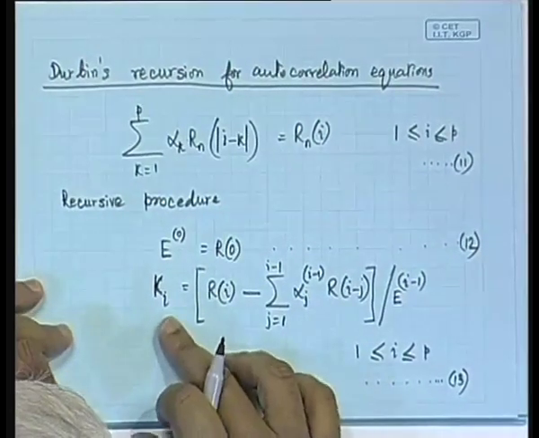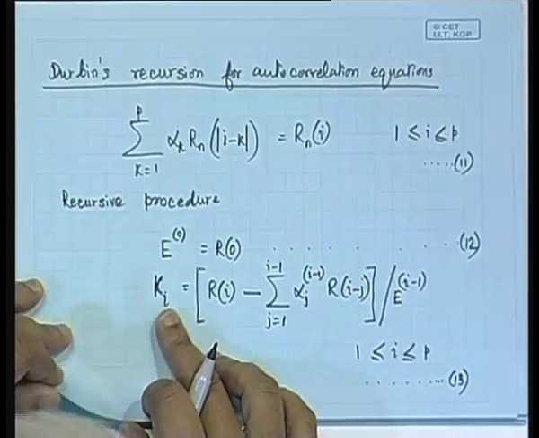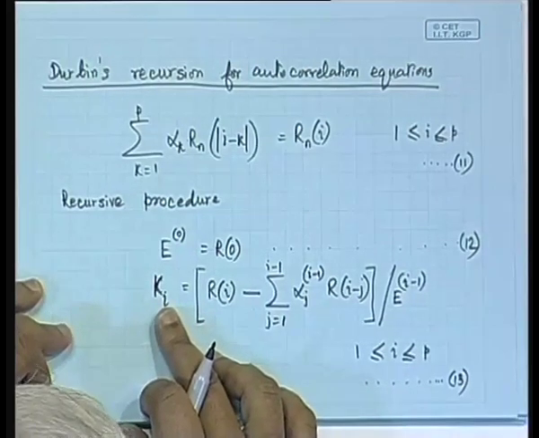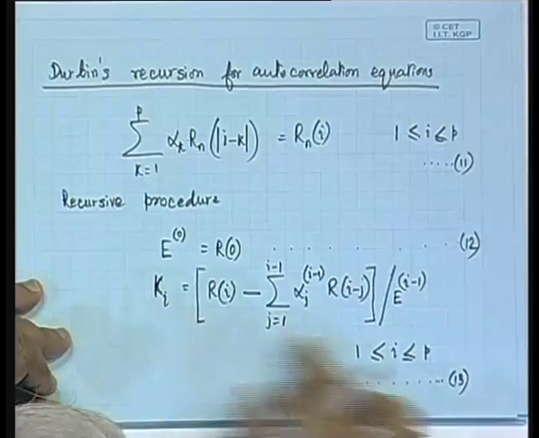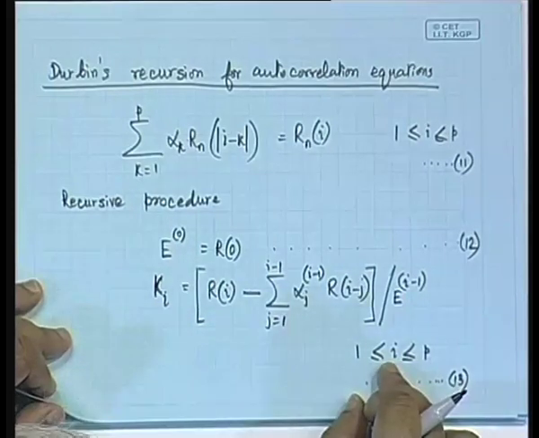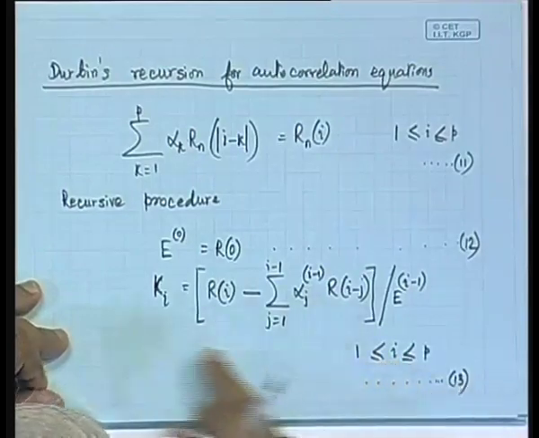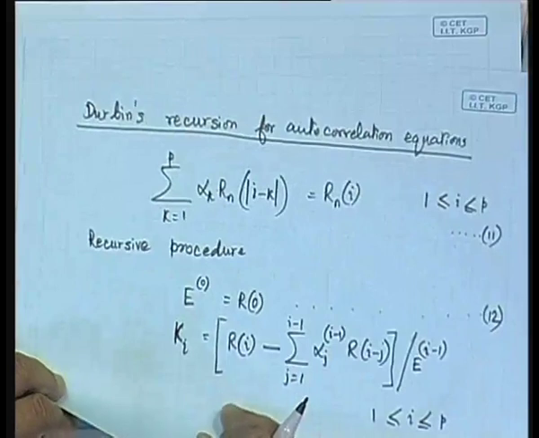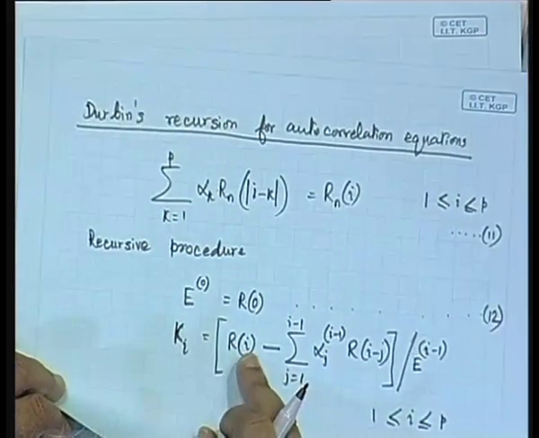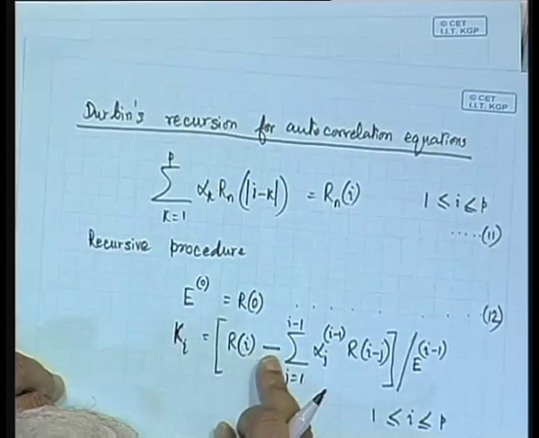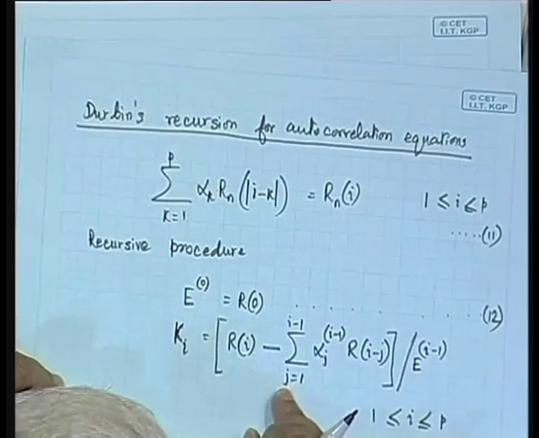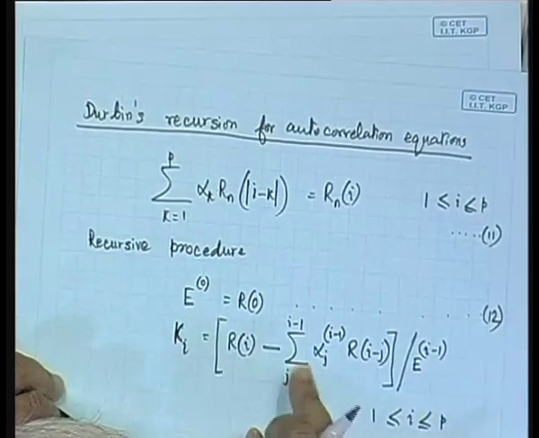You have to apply equation number 13, and there you have to put I is equal to 1, right. So, which means to say that K1 will be equal to what? It will be R1, okay, minus what? J is equal to 1 to